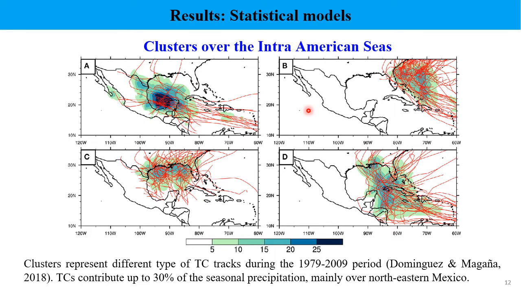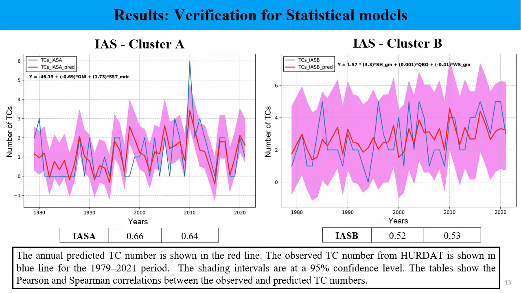So we have to remember that tropical cyclones contribute up to 30% of the seasonal precipitation, mainly over northeastern Mexico, and this is why it's important to compute the number of tropical cyclones in these regions. Well, as I told you before, we compute the statistical model for each of the clusters that I showed you in